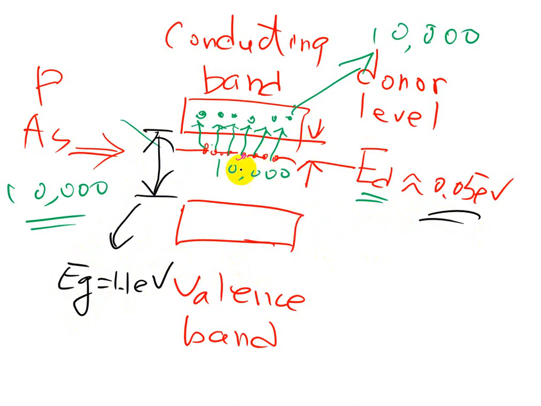So basically only those donor level electrons jump to the conducting band, forming a conducting charge particle, the electron at the conducting band. But other than 0 degree K,